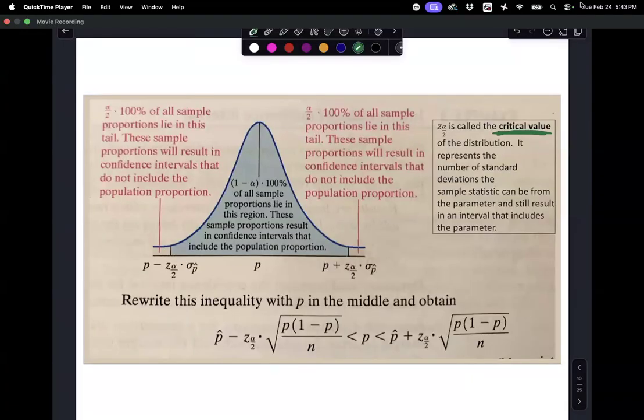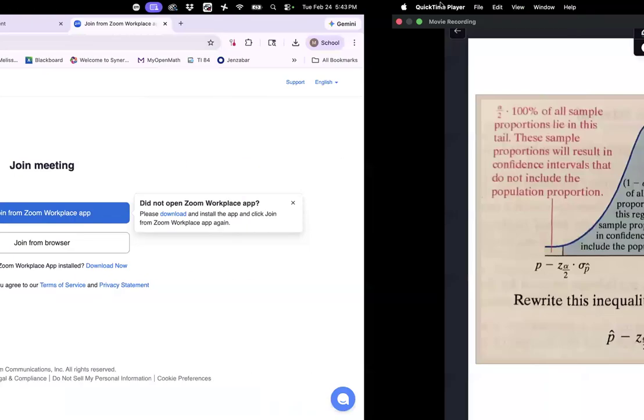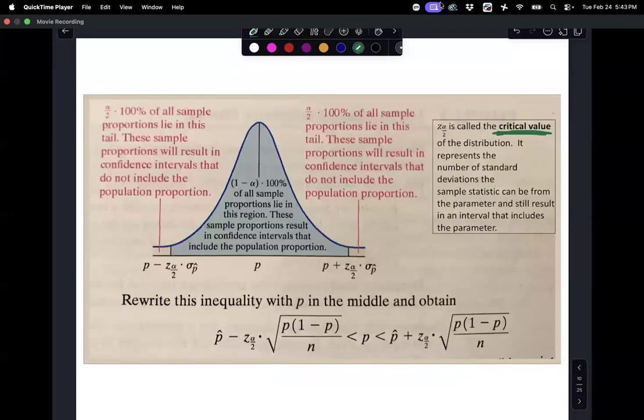So we can be 1.96 standard deviations away or 2.45 standard deviations away or whatever it ends up being. That's our critical value. Let me show you where we find those. So when it says from the parameter or sample statistic, it means from the mean. Yes. So from the p hat that we're using, yes. So it tells you how far it can be away from there.